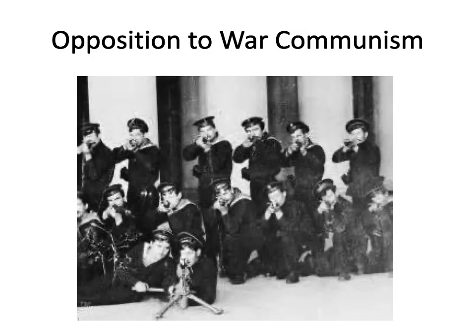You're now going to look further into the opposition to war communism by completing the Tambov and Kronstadt activity. This should be on a separate Show My Homework task. As I've already explained a bit about the Tambov uprising, I'm going to talk to you now about the Kronstadt mutiny. So the mutiny took place in March 1921.